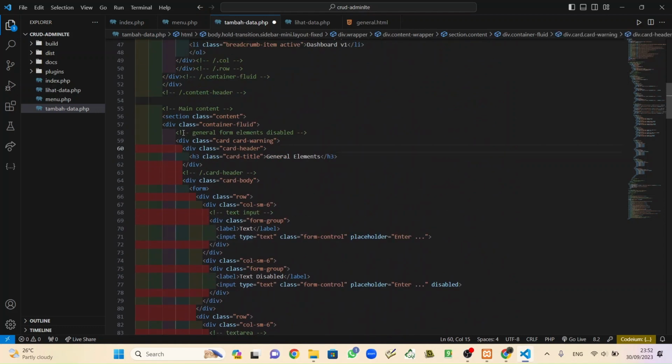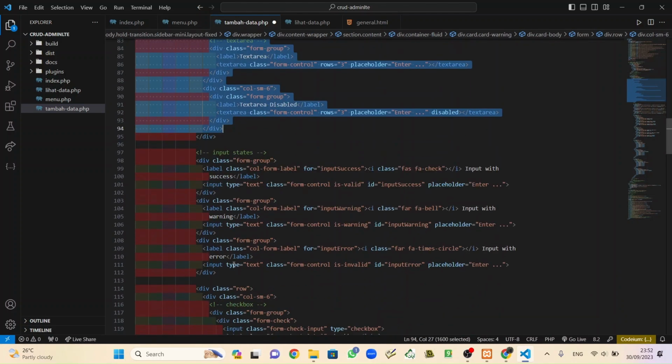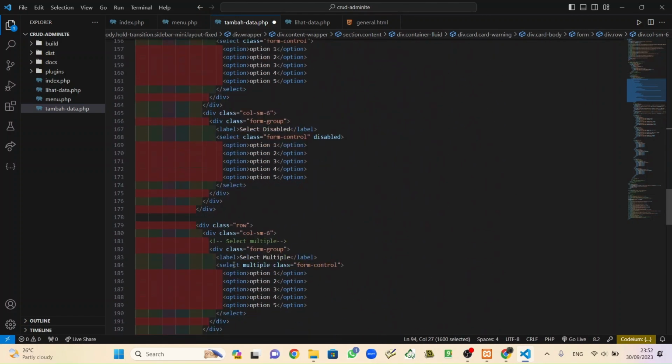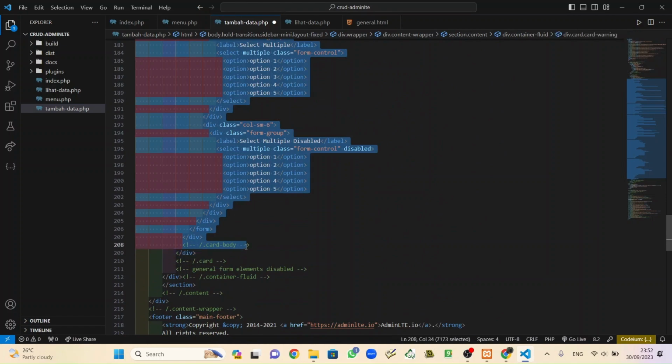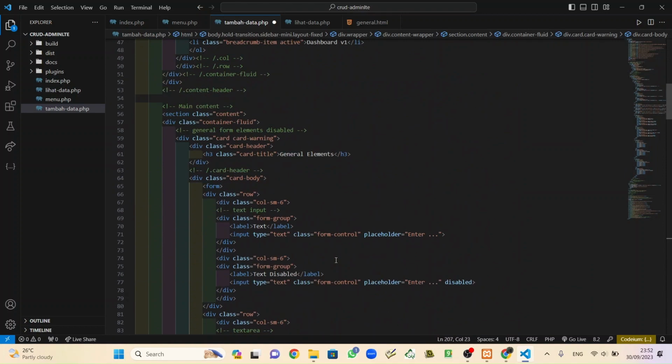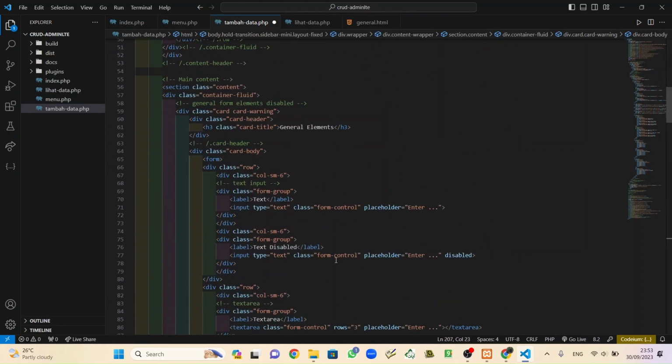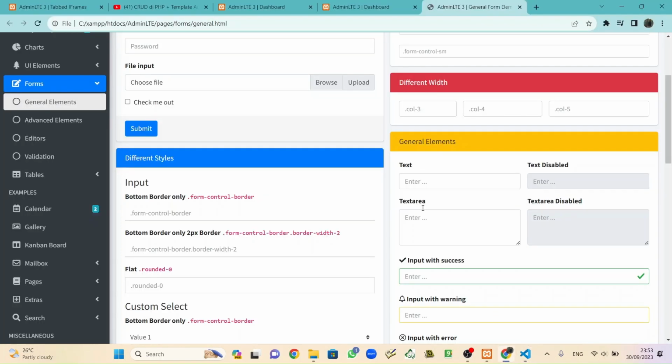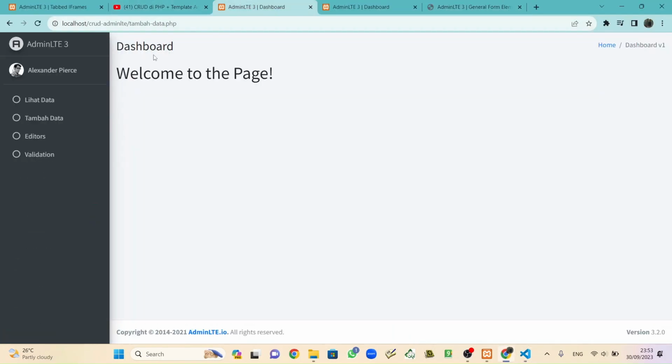And this is the head. So we will make these things neat again until the bottom. Okay, just click tab and save. We will check it at our page.